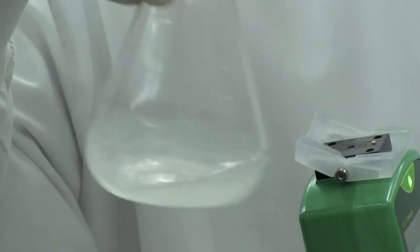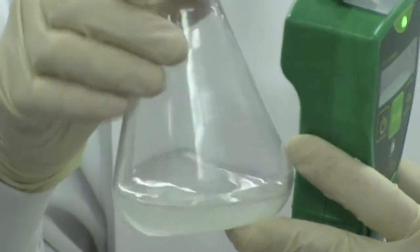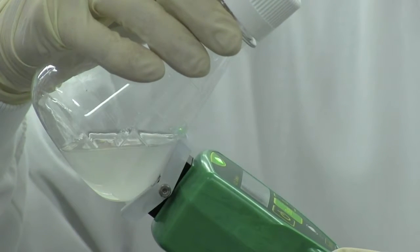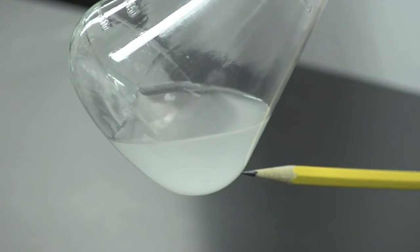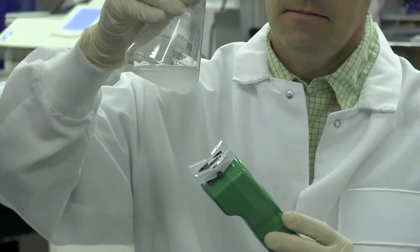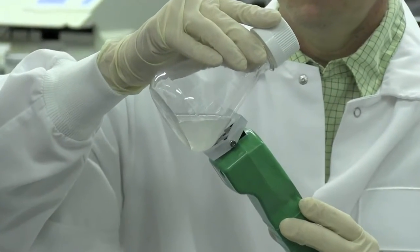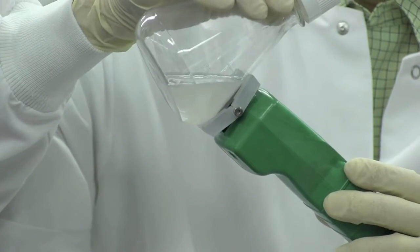When you are ready to measure the biomass of your culture, first gently swirl the contents to ensure a homogeneous sample. Position the OD scanner instrument against the flask to be measured so that the bottom position sensor is located near the bottom of the flask, at the point of transition from a curved to a flat surface in the vertical dimension. The OD scanner requires a minimum of 3 centimeters of fluid in front of the window for a good and accurate reading. It may be necessary to tilt the flask to get 3 centimeters of fluid into the scanner's field of view. Tilt the vessel only enough to bring the fluid level up to the top edge of the